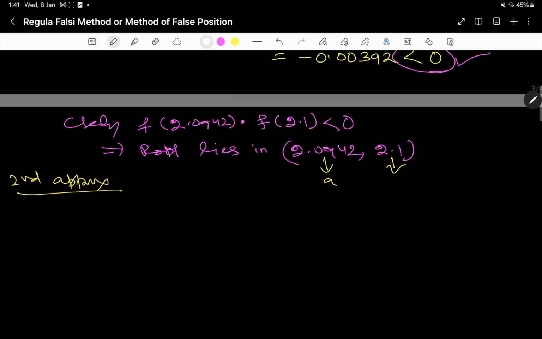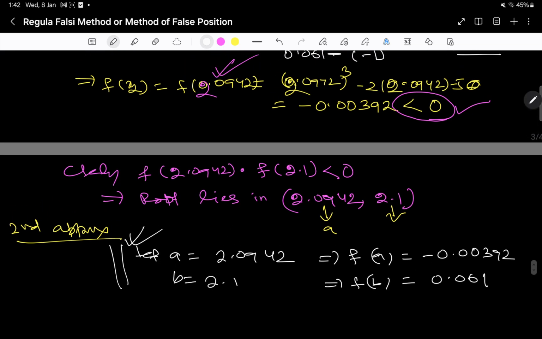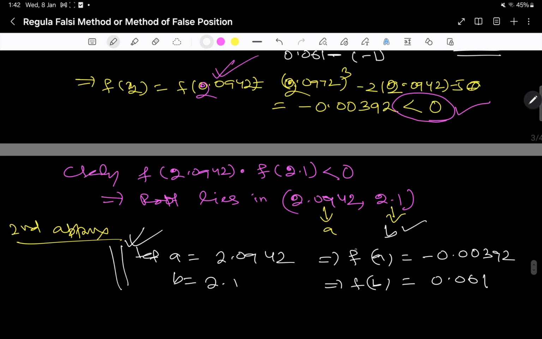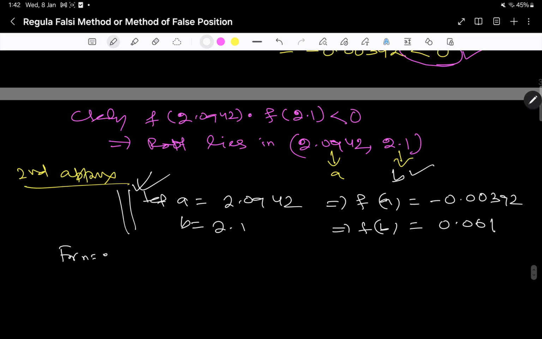In the second approximation, let a be 2.0942 and b be 2.1. That means f(a) is minus 0.00392 and f(b) is 0.061. In each step we adjust what is a and what is b. If we write this as a and this as b, or reverse it, no issue. So for n equal to 2, my x3 will be